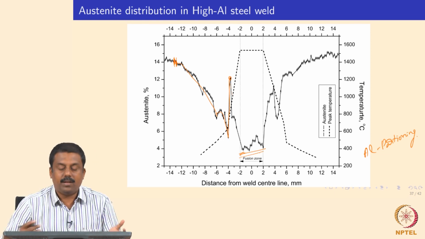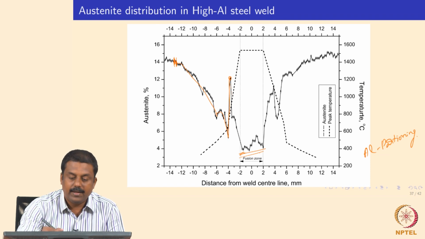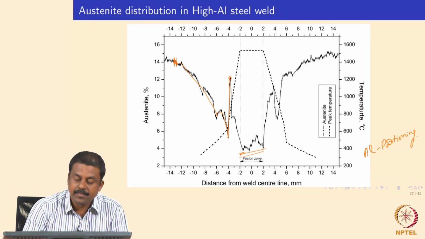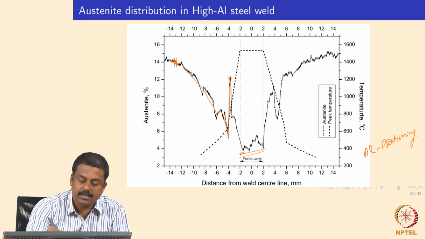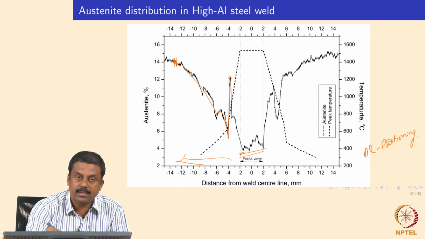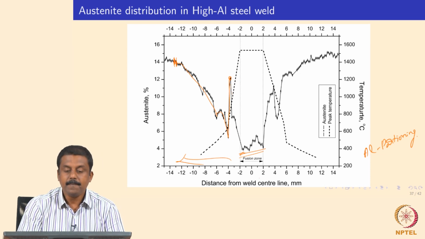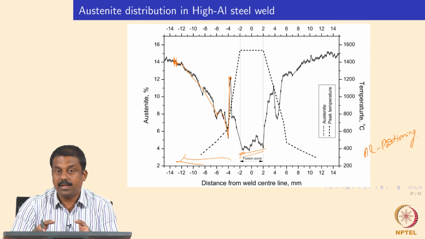phase transformations other than complete martensite transformation, whereas in these regions the peak temperature would change the austenite formation and the decomposition mechanism. So even though you have a similar microstructure in the base material in both high silicon and aluminum steel, you may end up getting different volume fractions of phases in the heat affected zone. So always be very careful when you are welding a multi-phase microstructure, especially if retained austenite is present in the microstructure. The volume fraction of retained austenite can change as a function of peak temperature reached during welding.